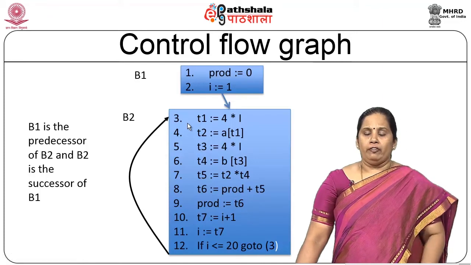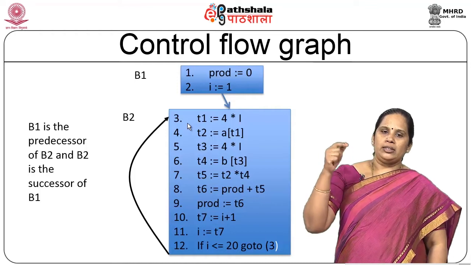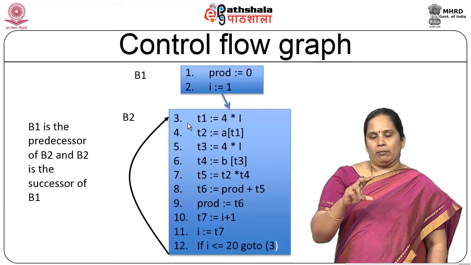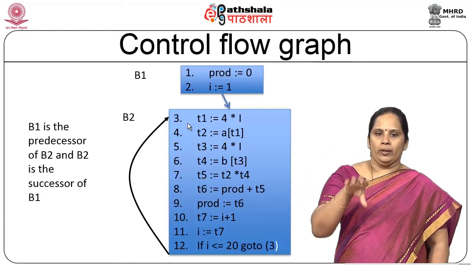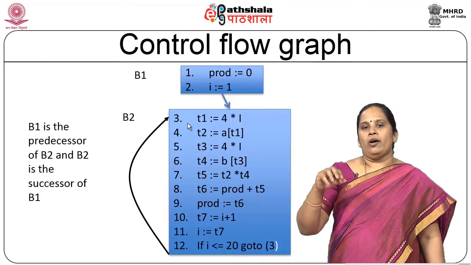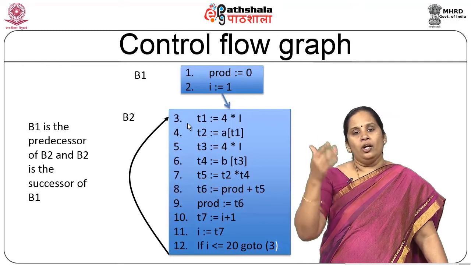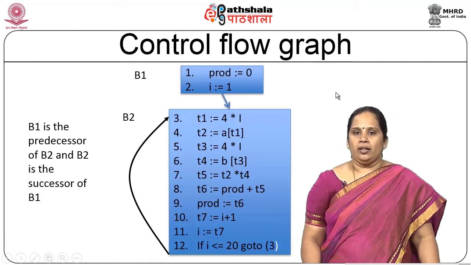If I have an if and a goto, if and else, if I have if-else, I will have two statements, right? One is goto L1, the other will be goto L2. So that will be another basic block. The statements comprising the body of if will be one basic block. Statements comprising the body of else will be another basic block. Now after that, they will have to merge together to come to the next statement. That will be shown in subsequent modules.